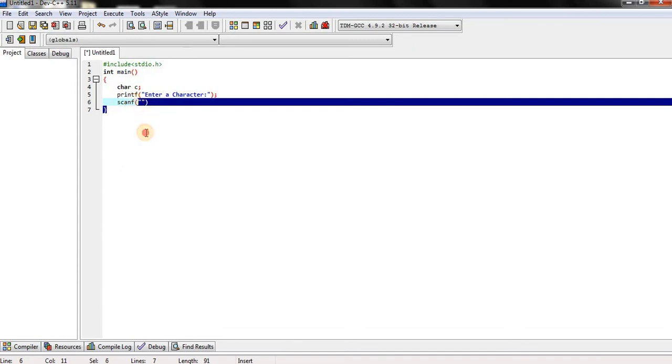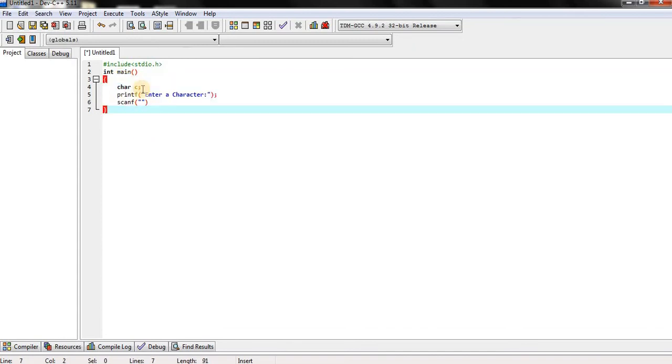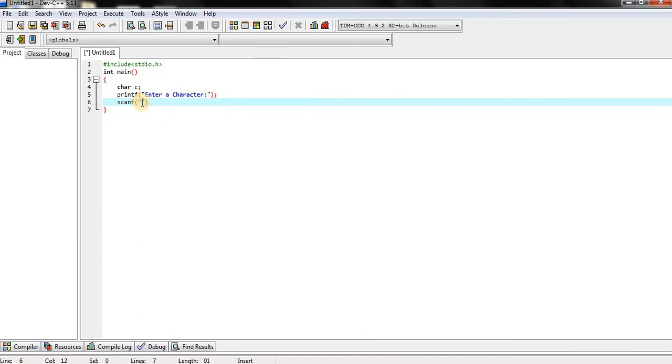Here we take the variable c, which is declared with the char data type. So we have to know the character format specifier: %c is the character format specifier, then a comma, ampersand c, which is the address of the variable.